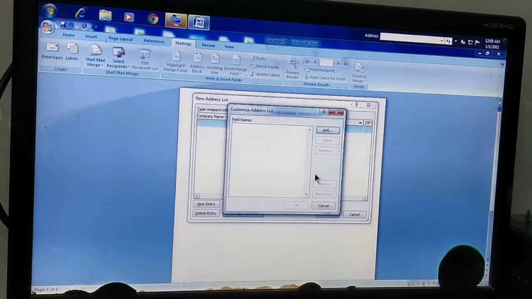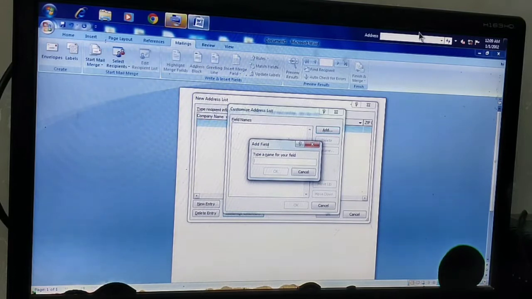After deleting all the fields, I need to add the fields which I need. So click on Add, or you can press A, and I need the name field.